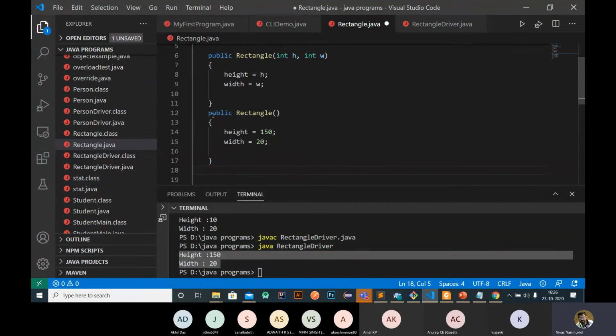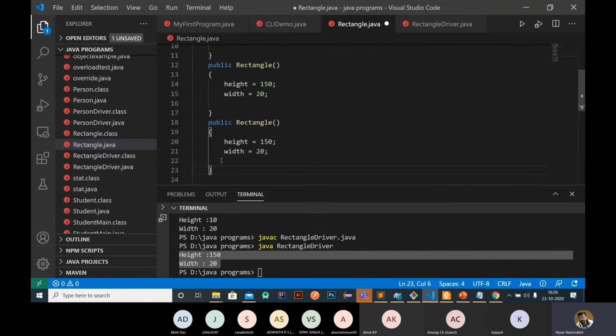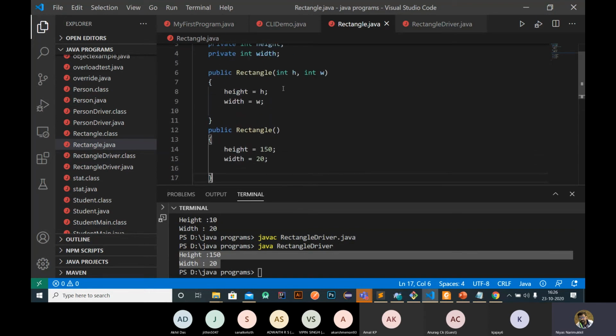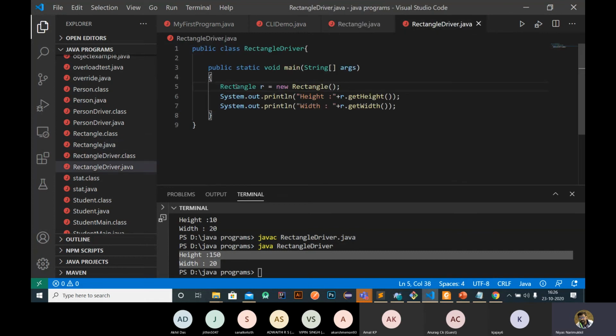Okay, but we can't create two constructors like this. It will cause you an error. Okay, you can't create like this. So you can create more than one constructor in a class, but we need to differentiate them with respect to parameters. Okay, so in this case, what happens if you are creating two objects? This is our one object, right? We can create another object also, right?